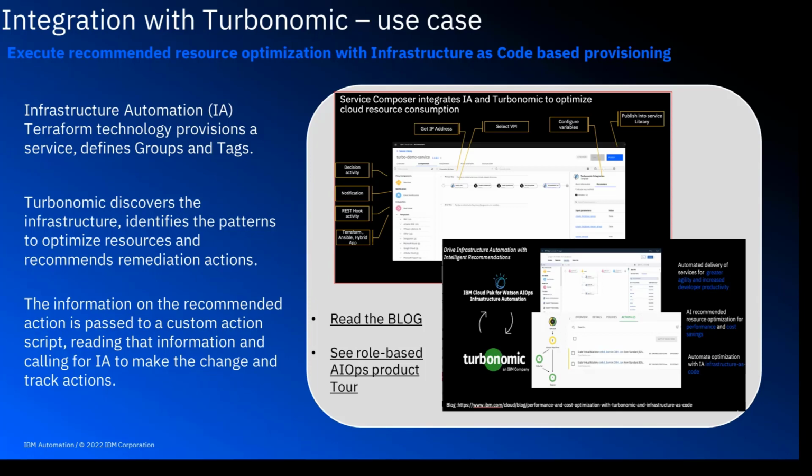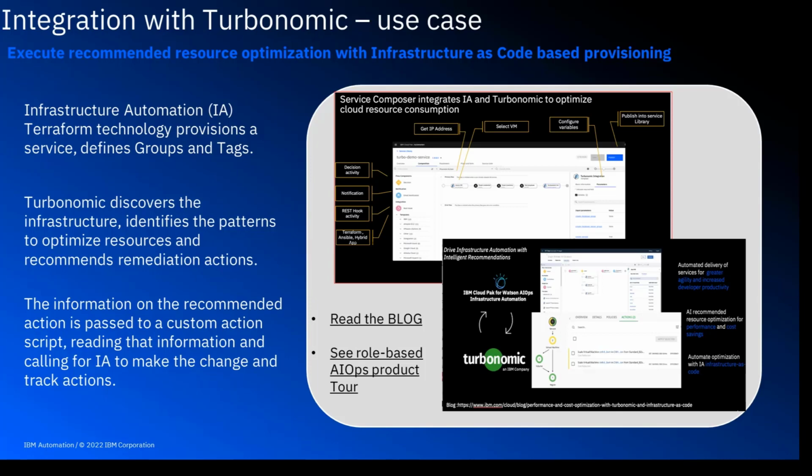Turbonomic will discover the VM, but we will actually set and create the services and policies in Turbonomic so that it monitors that VM, and then when it takes actions or when it decides an action is needed, it will